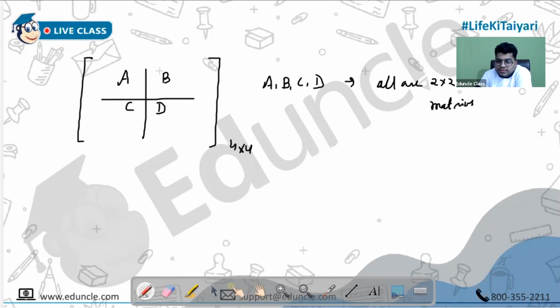So we can say this is a block matrix. For a block matrix, we have to find the determinant and the trace. Eigenvalues, nobody will ask. Yes, so if somebody is asking like this,